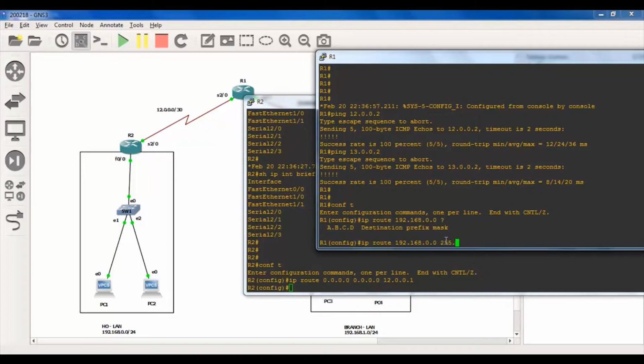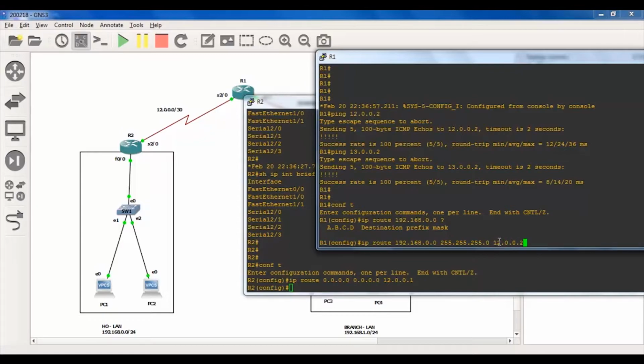So it's 255.255.255.0. Now we need to define the gateway. The gateway we defined earlier as IP address 12.0.0.1 as a remote IP. You can define it by the local interface as well, but let's put it as a remote IP for now,